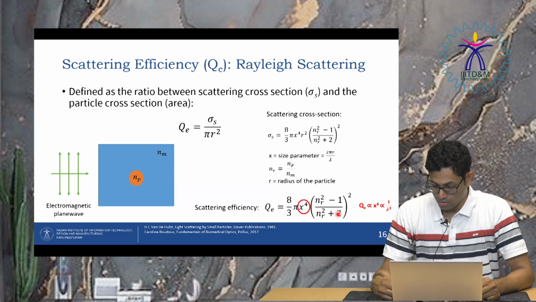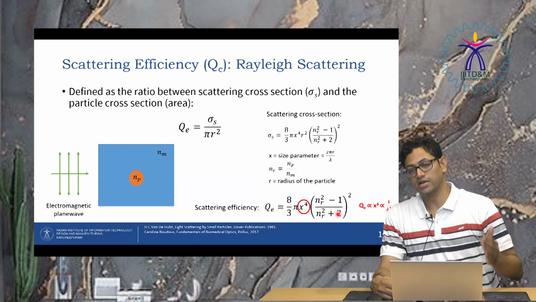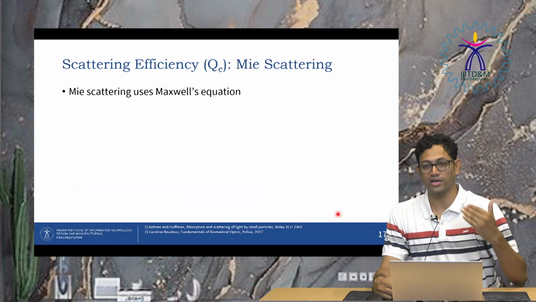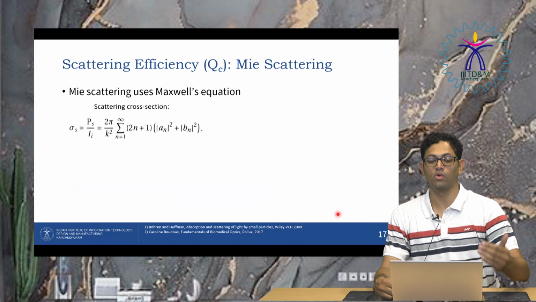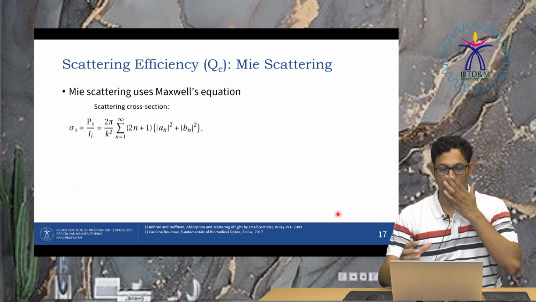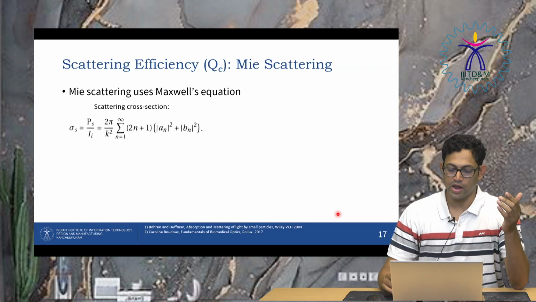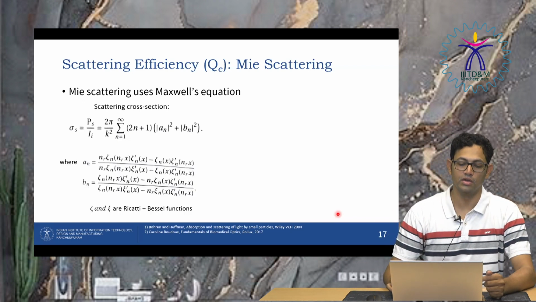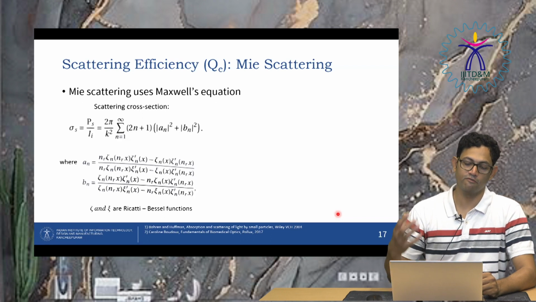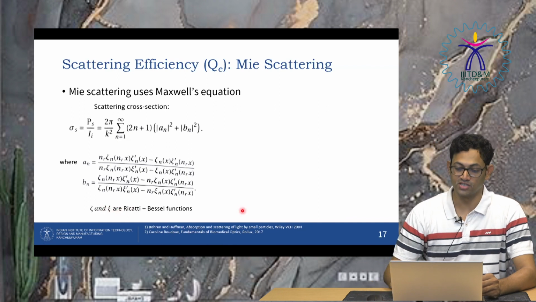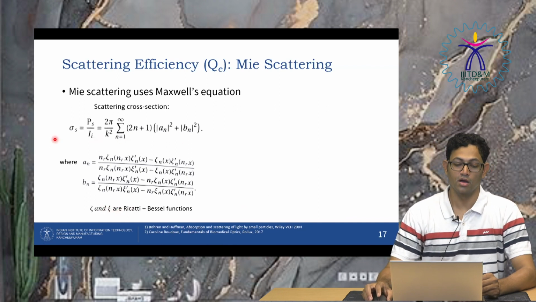Okay, so now one approach, as I discussed, is Rayleigh scattering. Another approach is Mie scattering. Mie scattering uses Maxwell's equations and Bessel's equation to find the scattering cross section. Again, there is a whole derivation about it, so I'm just trying to conclude that derivation and find some kind of inferences from that equation. Okay, so here you have the zeta and xi, which are the Riccati-Bessel functions, and you can use this to find the scattering cross section,